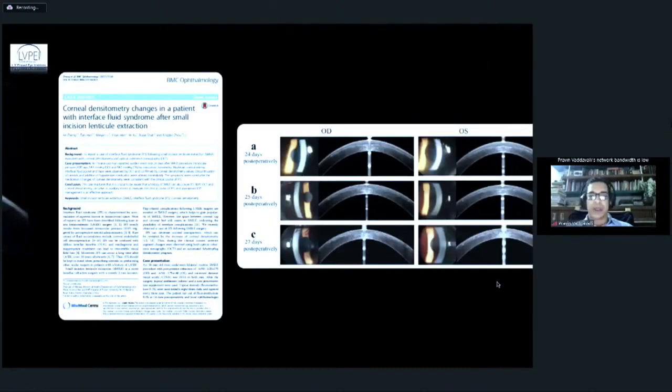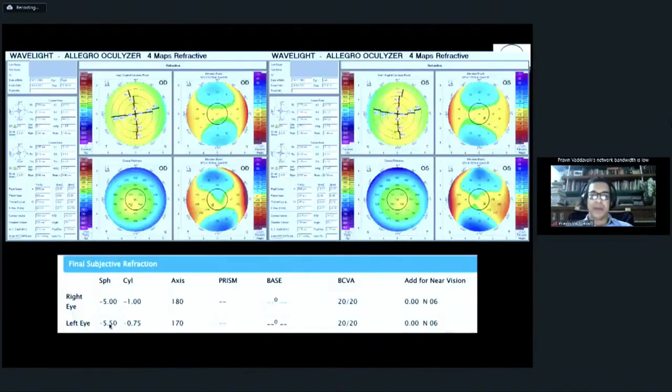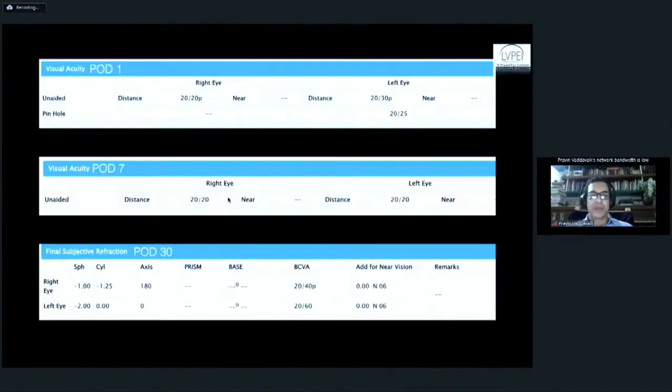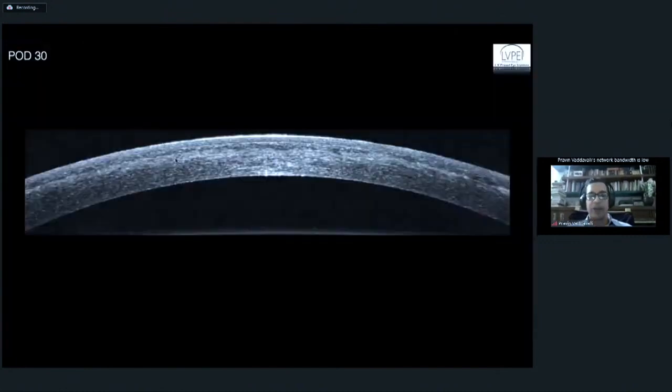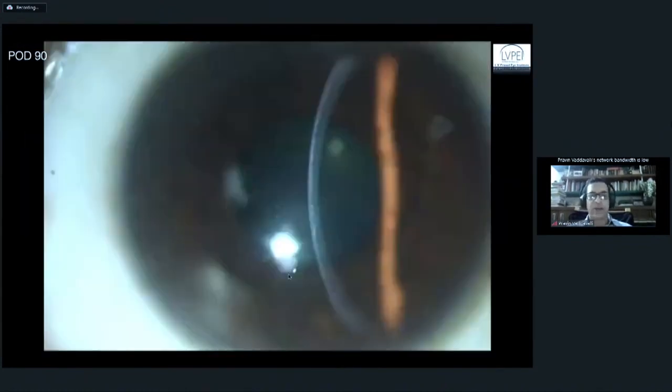So this patient, preoperative topography before SMILE, -5 with a low cylindrical correction, did very well in the early post-op period. At 1 week post-op, the patient is 20/20 uncorrected, but again did not stop steroids and had a steroid response. So at 1 month, the patient becomes myopic and then the vision drops again. This patient has a diffuse haze in the interface, and we diagnosed this patient as interface fluid syndrome. As you can see, the same kind of stippling on the OCT, which again led us to start Diamox, and eventually